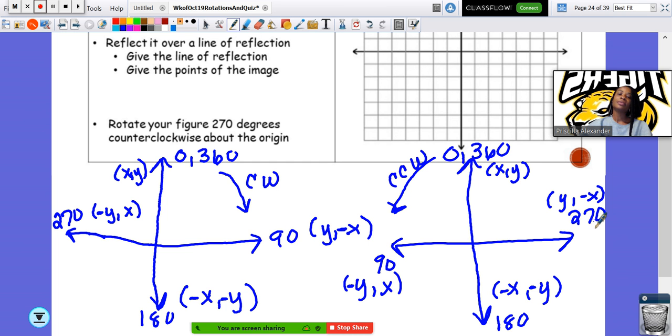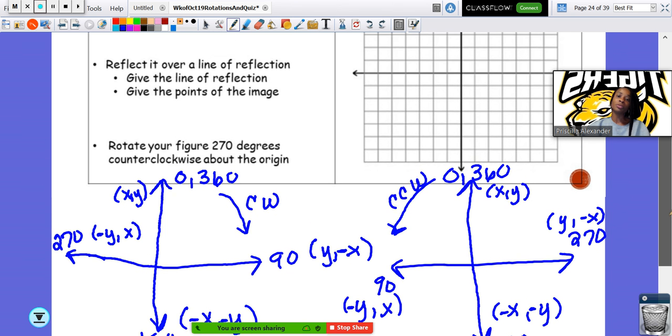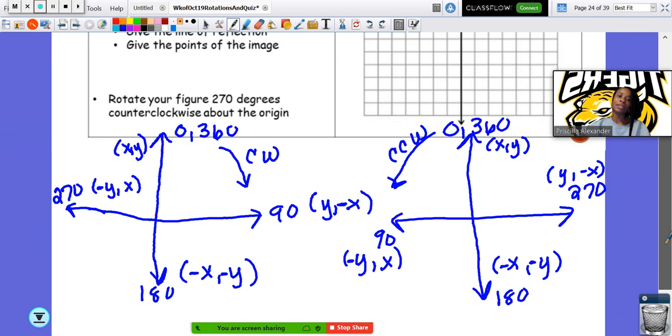90 degrees clockwise is the same as 270 degrees counterclockwise. 270 degrees clockwise is the same as 90 degrees counterclockwise. So if you get good and you can put them on a grid together, that's fine. But if you need to do them separately, that works too. Both will get you the correct answer. Just make sure you get these rules written down, and then you can figure out the answer to any question